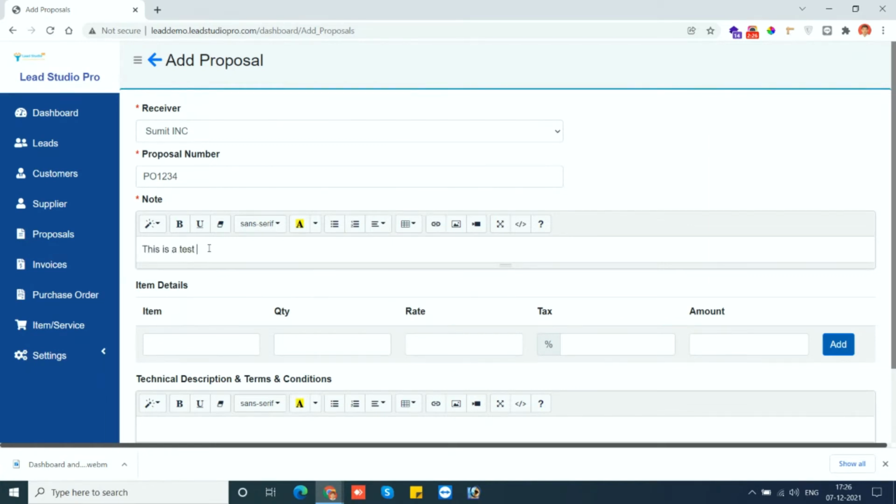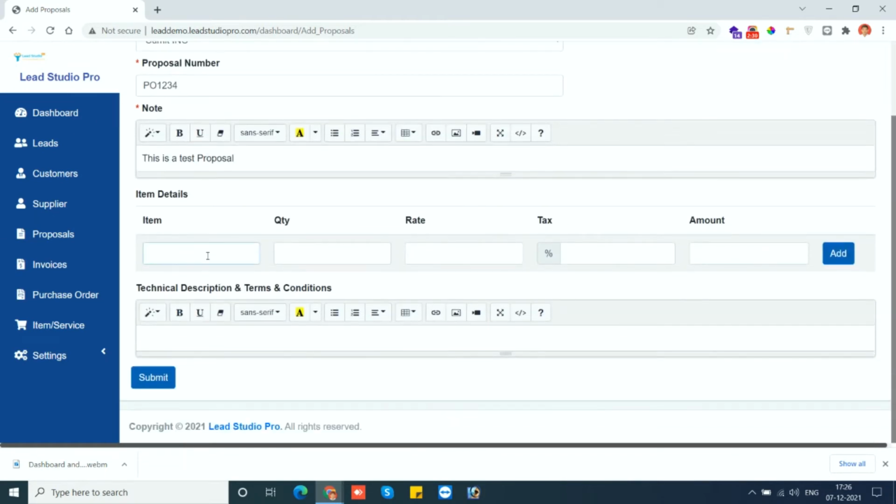This proposal. Here you can add the items, whatever you want. For example, development, whether it can be a product or it can be a service. So you can choose it. You can give a rate. You can add a tax percentage, for example, so it is automatically calculated.